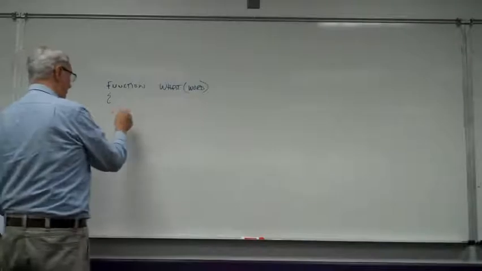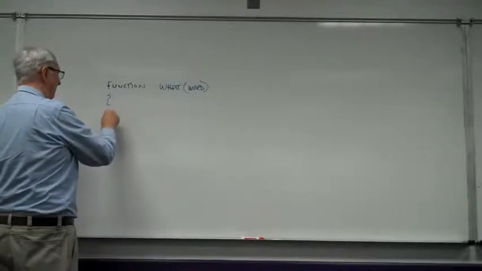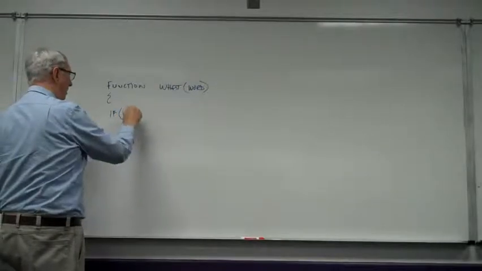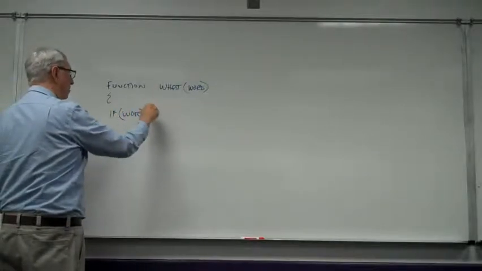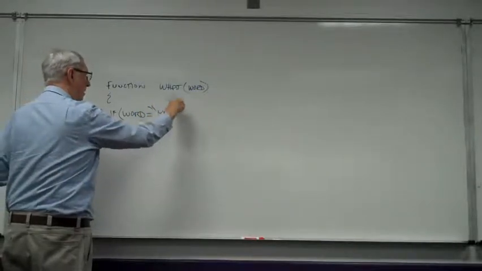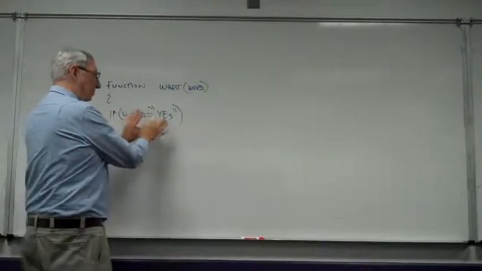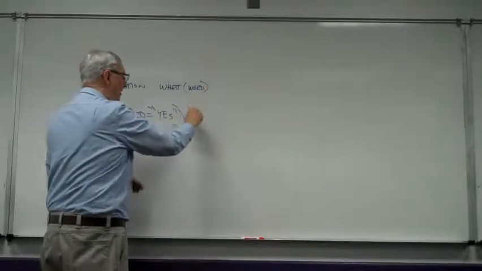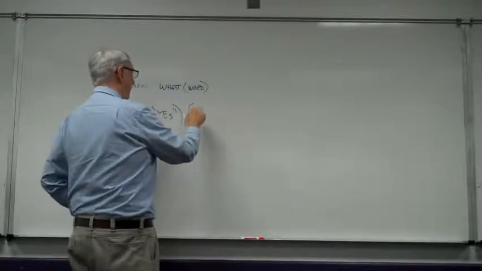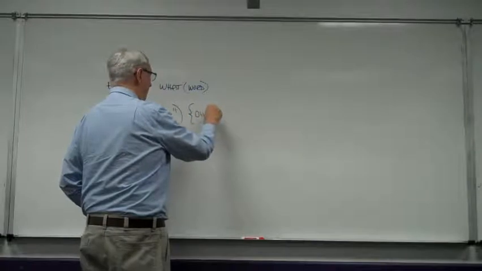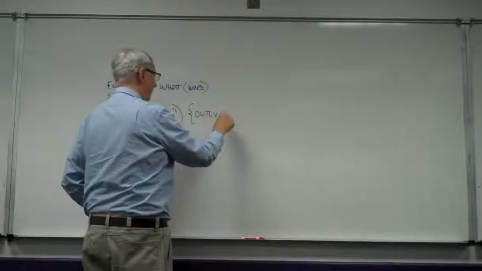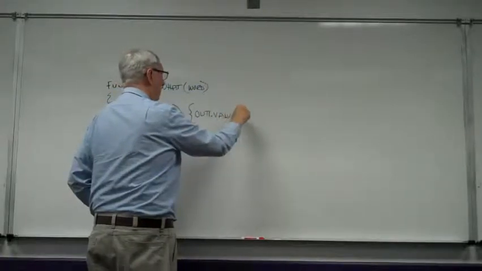So I can say, this is the expression. I say if that word, that's a variable, equals, quote, yes. If this is true, then do everything over in here. So for example, I could say out1.value equals